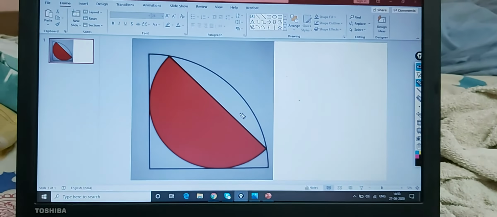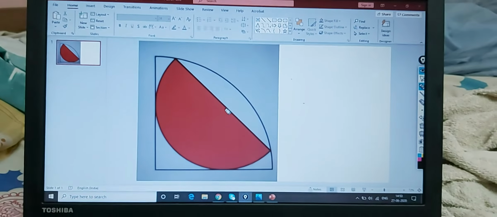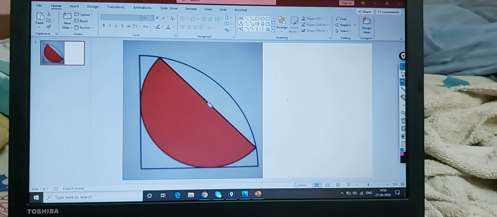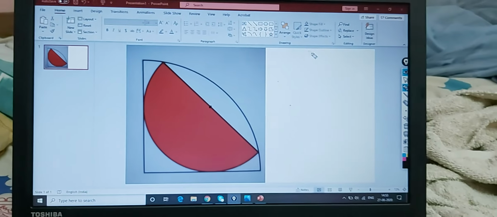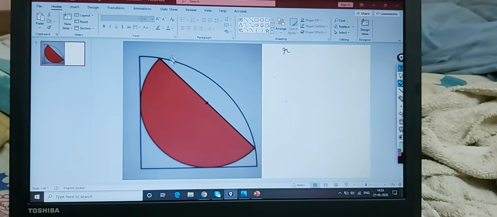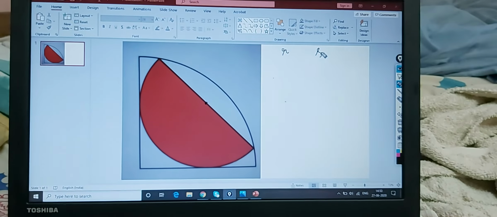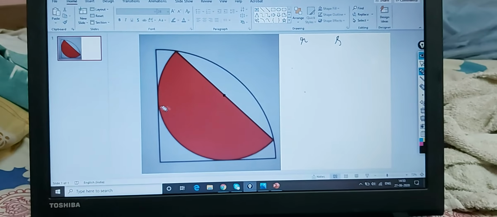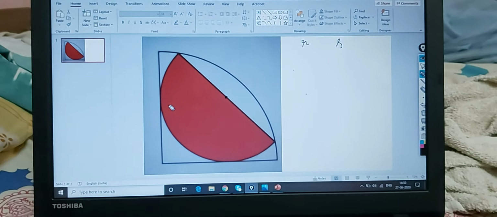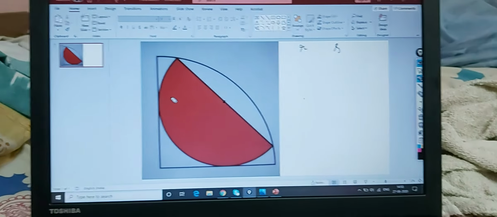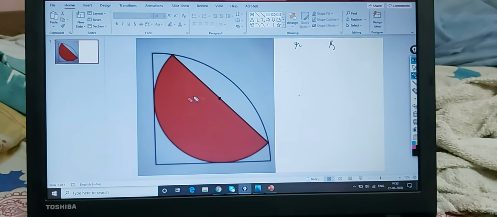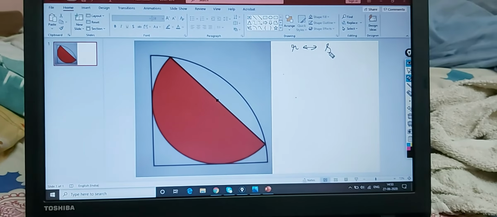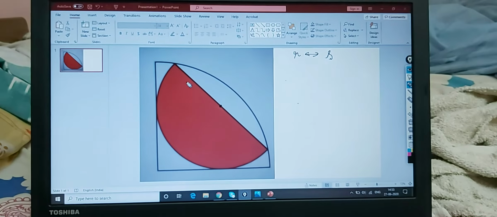Let me assume the semicircle has a radius of r. So let this be the center. Let the semicircle's radius be r and let the quarter circle's radius be s. So prima facie, if you see this problem, very simply you can think of how you can form a relation between r and s. So that will solve the question. You need to form a relation between r and s so that you can solve this question.